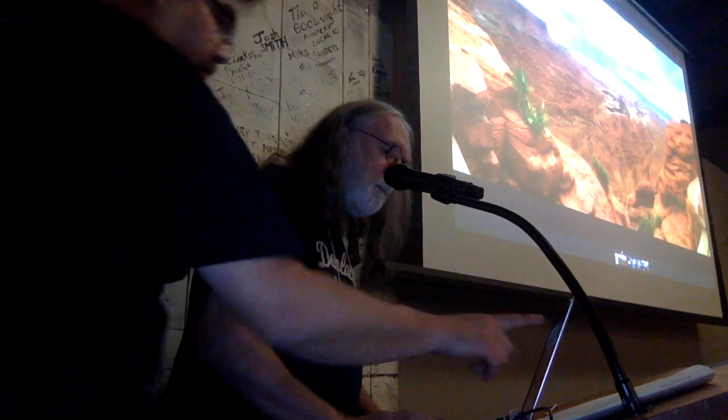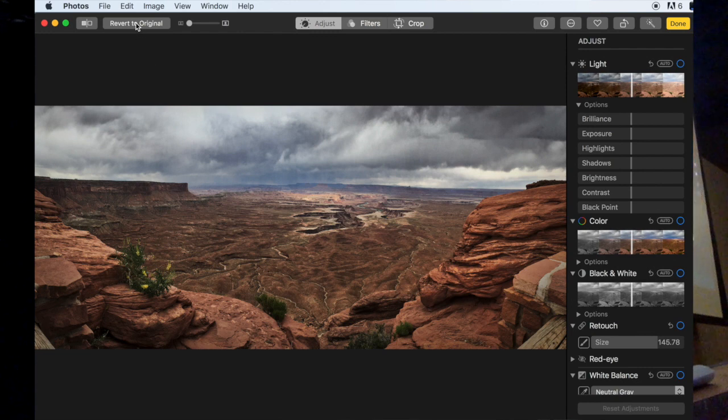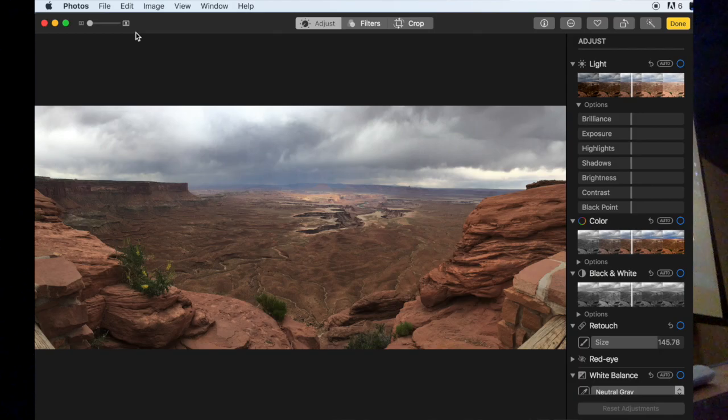Yes? Does it keep the original? What Photos does, at any time in Photos, you can revert to the original. So for instance here, I can go back. Upper right-hand corner over. Oh, actually, it is right here, isn't it? There's revert to original, right up here on the top. It doesn't say both copies. If you want, you can,